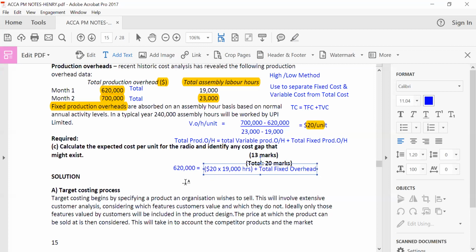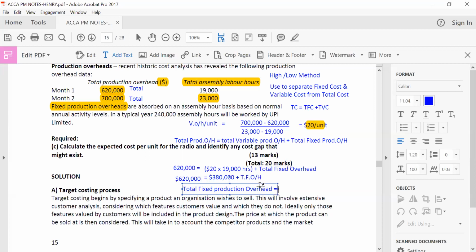Total fixed overhead, I don't know that, but I can calculate it. I still have my $620,000, and I'm doing it bit by bit for you to understand. It is equal to $20 times 19,000, which gives us $380,000, plus total fixed overhead. Overhead is O/H for short. So I'll say my total fixed production overhead